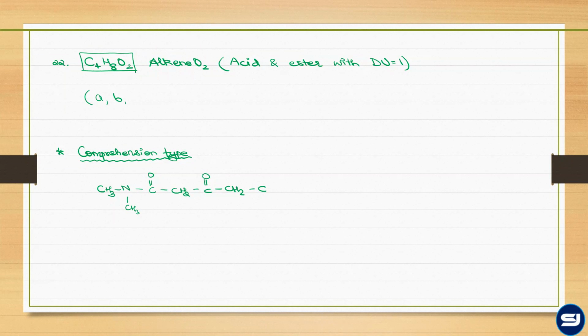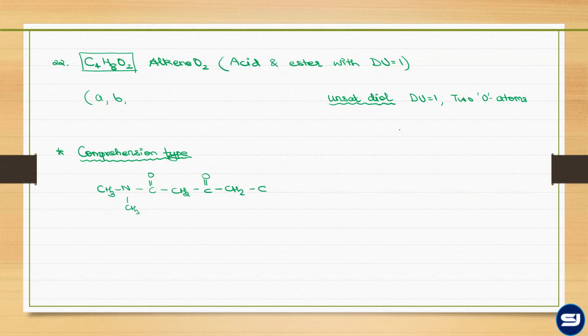Sir, can you repeat? See, with DU equal to 1, this particular formula can also represent an unsaturated diol. Because unsaturated means DU is 1. Diol means there will be 2 oxygen atoms. Now, once you know that its DU is 1 and there are 2 oxygen atoms, if you identify the molecular formula of unsaturated diol, it is going to satisfy CnH2nO2. Correct?